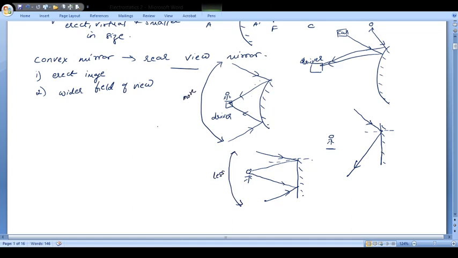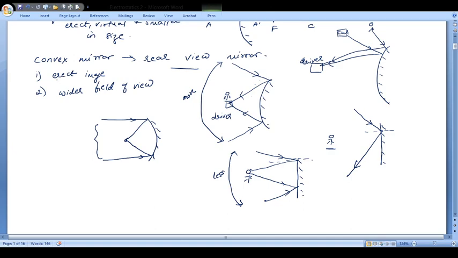And if you try to use the same thing for a concave mirror, then you will find that the field of view will decrease. Its field of view is basically only this much, a person is here and here. So the maximum field of view is with the convex mirror,